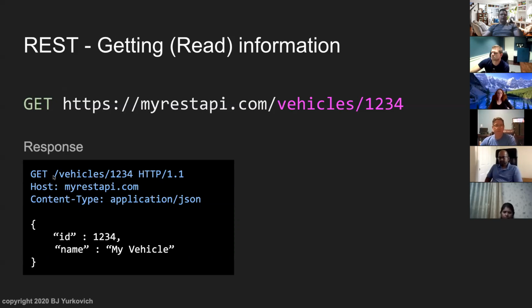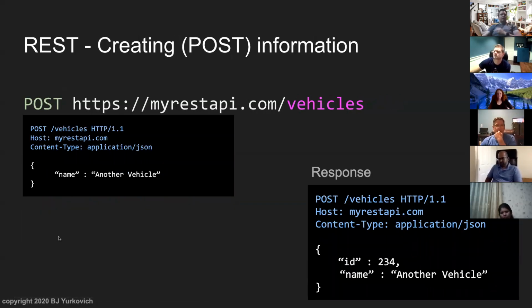You've got your operation. I want to GET a vehicles resource, just a URL with ID 123. My host is this. I will send back application/json. This is the server. And then I've got JSON. This is what JSON looks like, right? You've seen that before. POST is the same thing. I'm posting to the vehicle resource, just a URL. And I'm posting this information, JSON. And I'm getting it just like we provisioned, right? That was just like our provision example back a couple weeks ago. And then we get the response back.